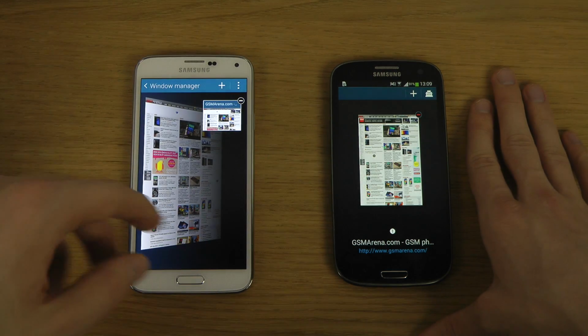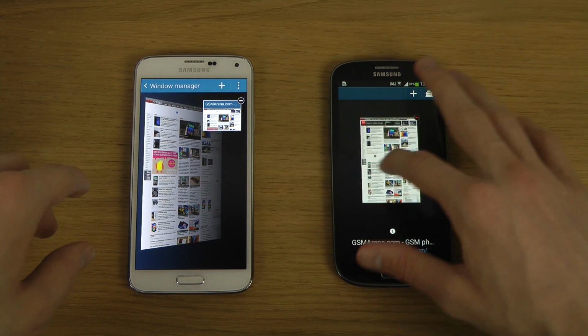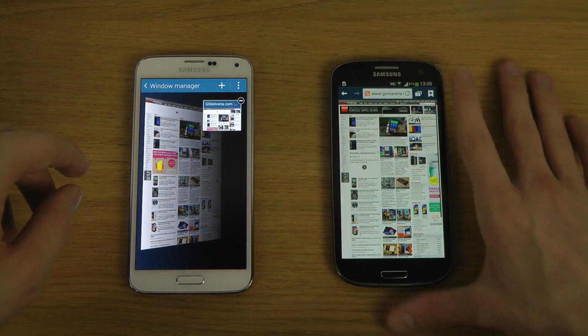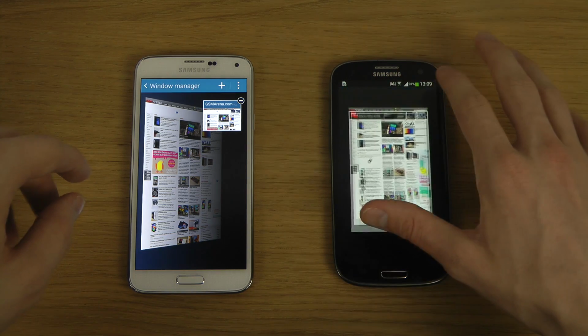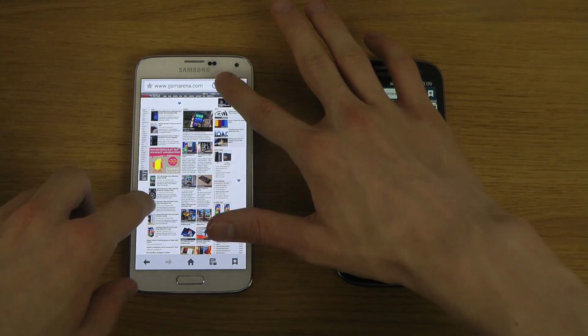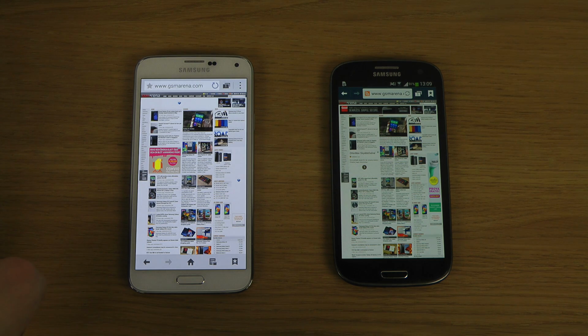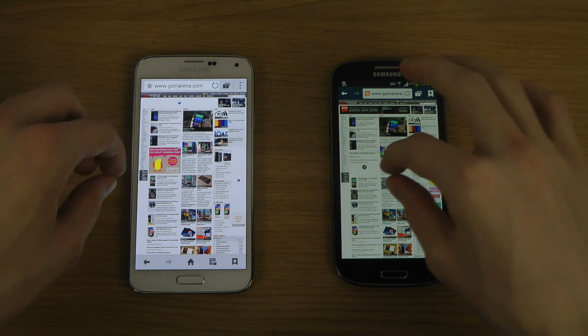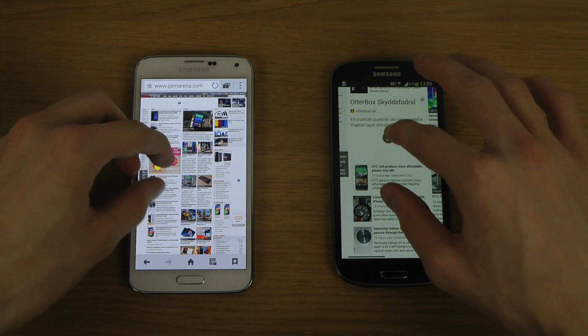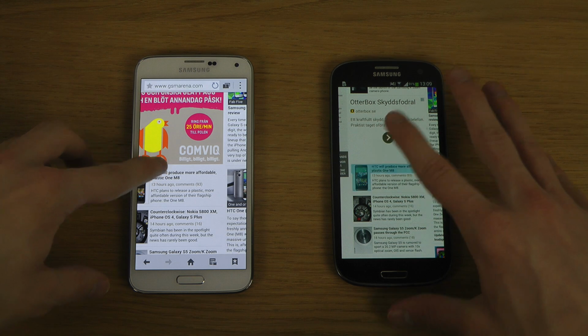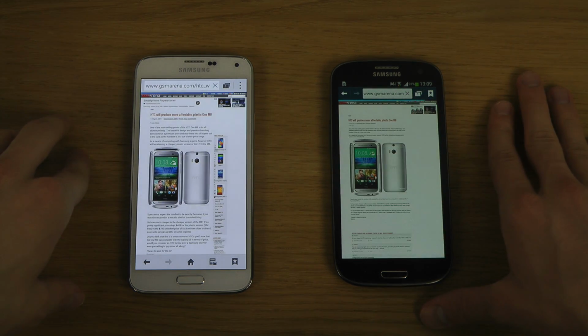The S3 has this horrible layout here when you use new tabs. It's pretty poor, it feels a little bit slow. It's a little bit quicker here on the Galaxy S5. Still have reading mode here, of course. If we just go into an article,